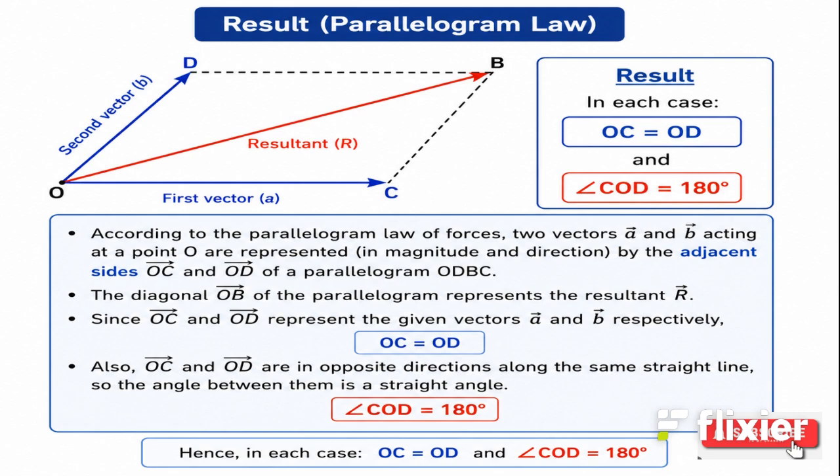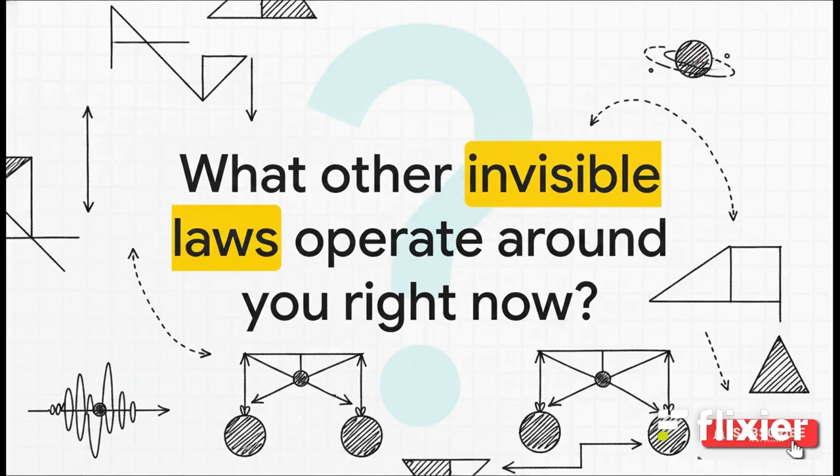This math isn't just theory sitting in a textbook, it literally dictates physical reality. It's actually pretty amazing when you take a step back and think about it. We took this dry, abstract geometric rule, and we just watched it perfectly dictate the physical reality of hanging metal weights in a room. So it really leaves me wondering, if simple strings and a few weights can so elegantly prove complex vector math, what other invisible mathematical laws of physics are operating silently around you right now? What hidden formulas are perfectly shaping and balancing the physical world you walk through every